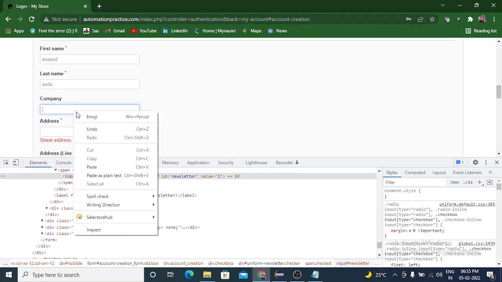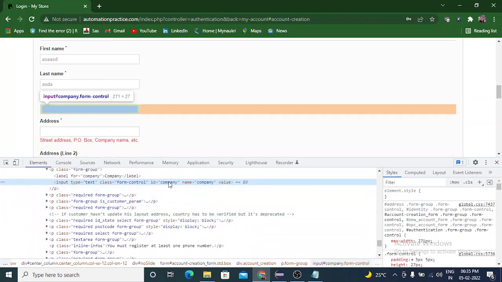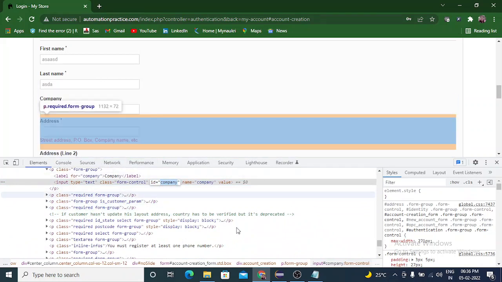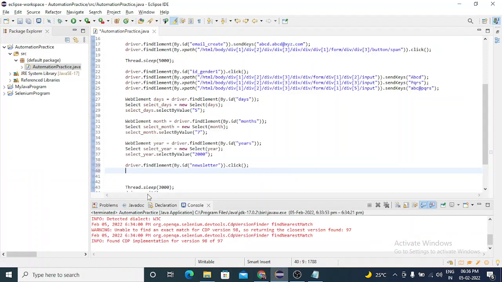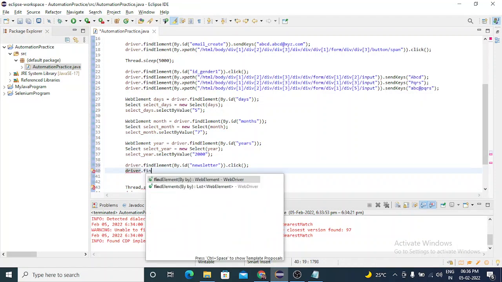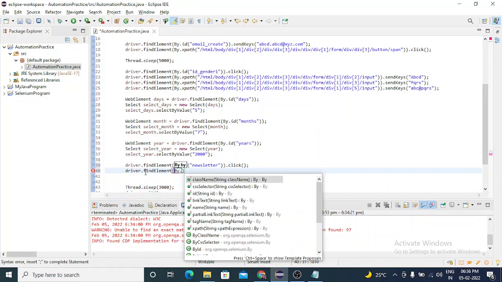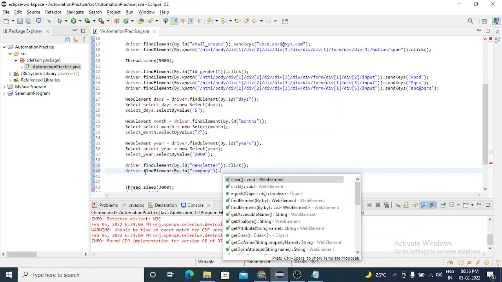So next is country. Inspect the country. The ID is company. Sorry, it's not country, it's company. So the company ID is company. So driver dot find element by dot id, then dot, we need not click, we need to send something.